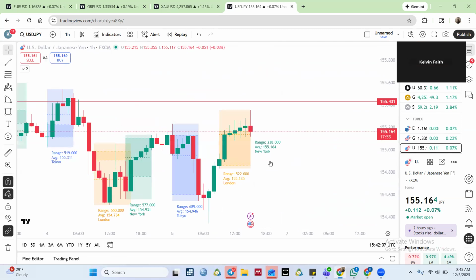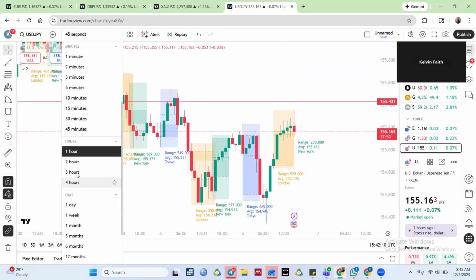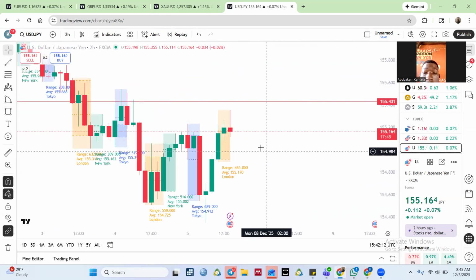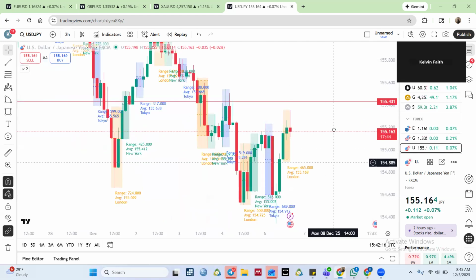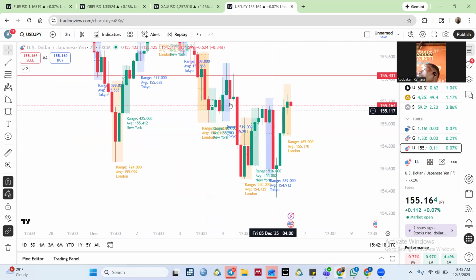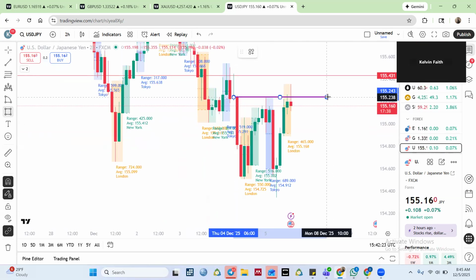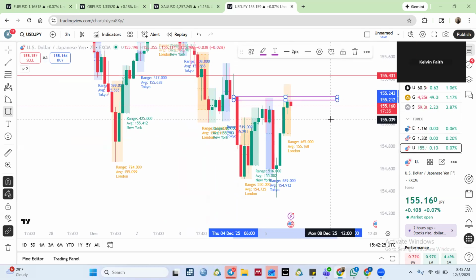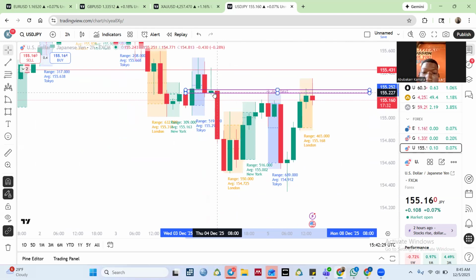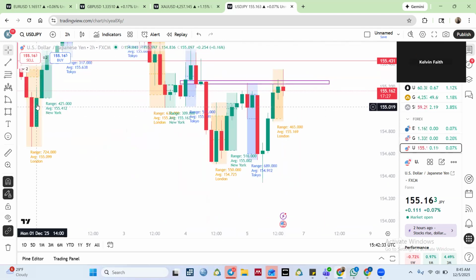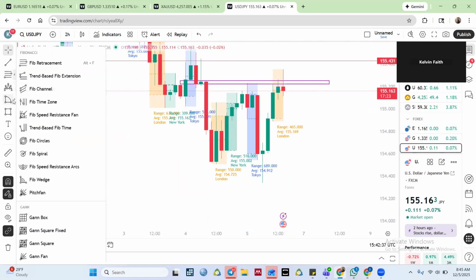This is the 1 hour time frame. Let me see the 2 hour time frame. We see rejection, bearish rejection. So price is trading within this bearish indication here. Price is trading here. Okay, so it's retesting here. So we are likely to have a very sweet drop.